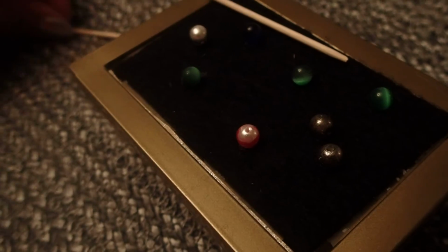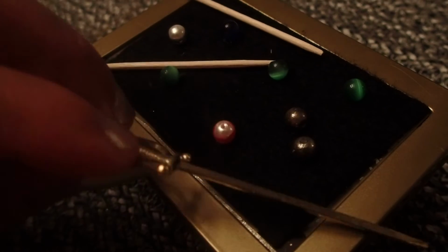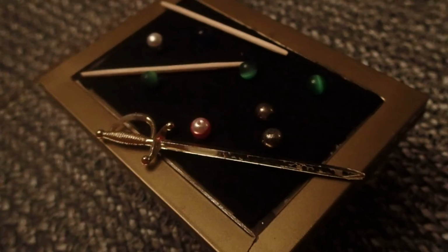So we're placing the pool sticks back where they were, and that sword. So that's how I